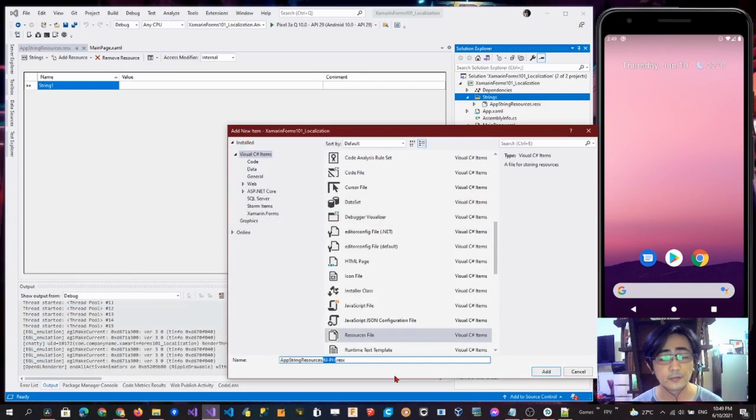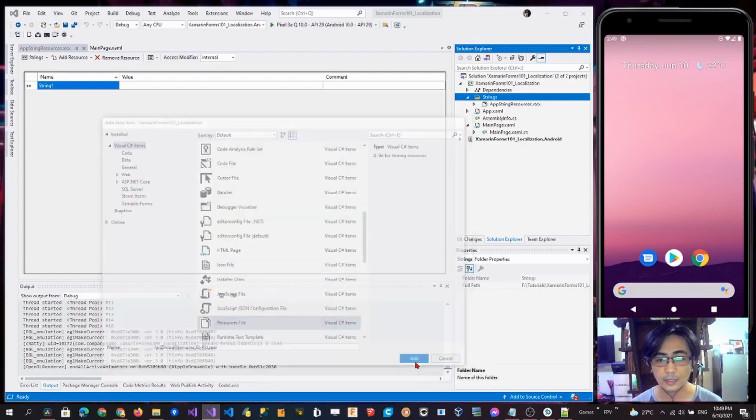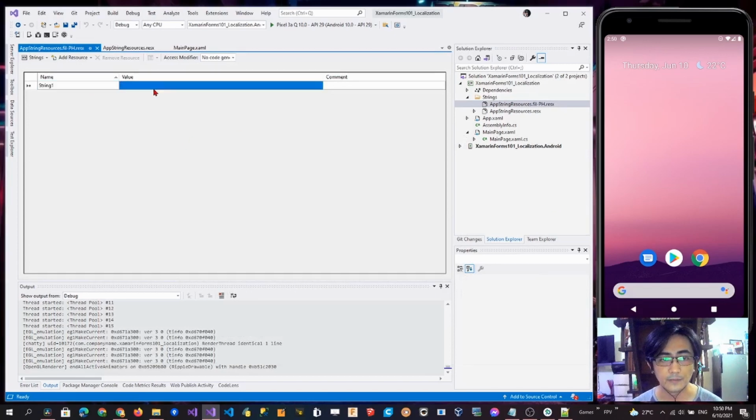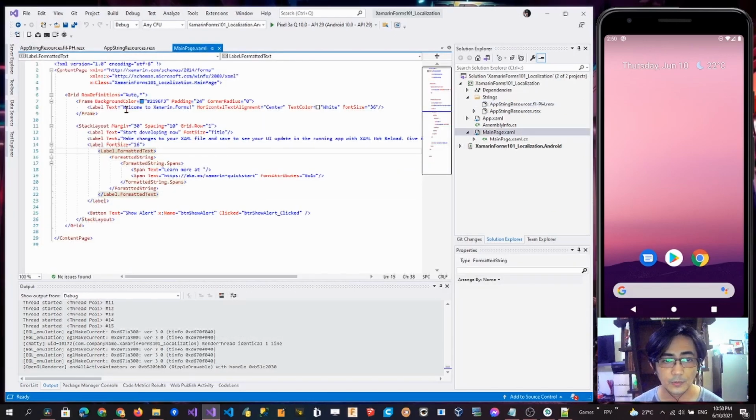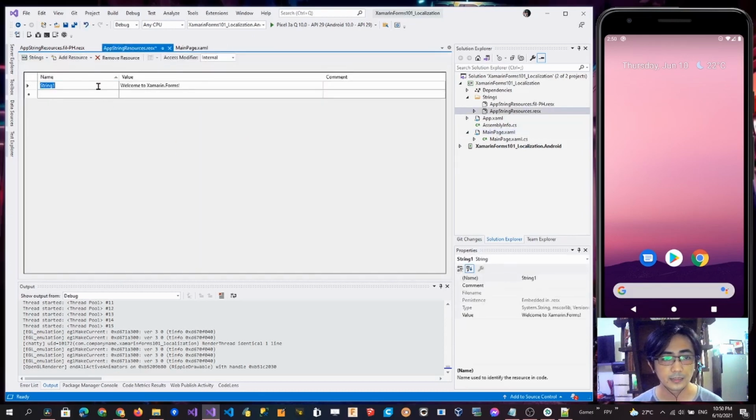So what we want to do is create a new app resource file. Just AppStringResources or whatever file name you want, as long as it matches the default string resources, the first resource string you created. For Japanese, it should be JA-JP. For this demo, we're translating from English to Filipino, so it should be fil-PH. Okay, so we're going to start adding the values and then the keys. First thing we want to do is copy all of these English strings here,